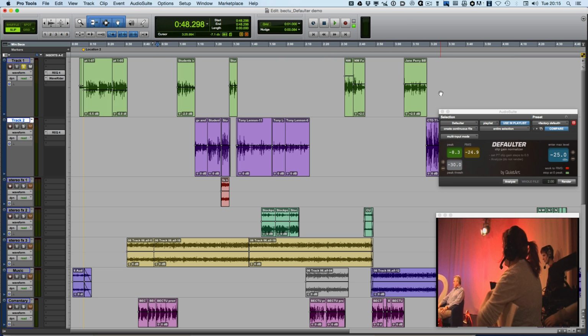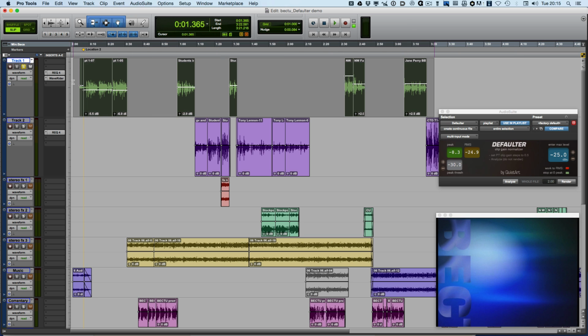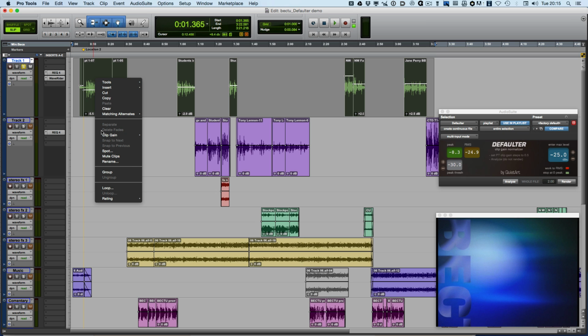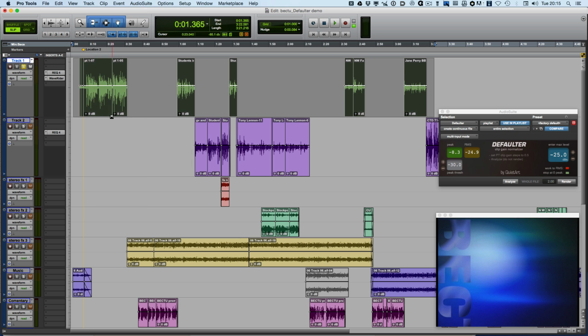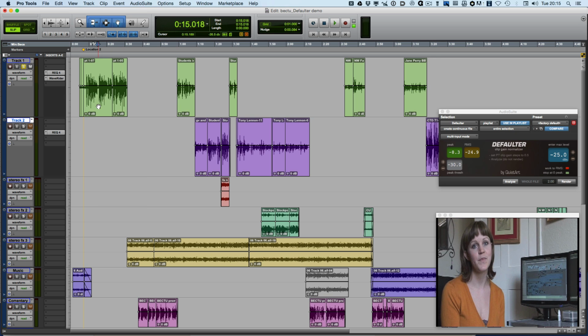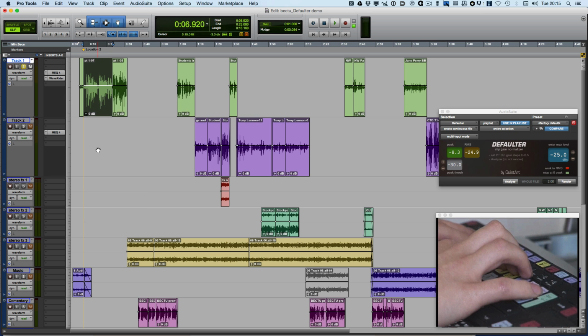Another way that I can do it is, if we just clear the clip gain out of here, so right click, clip gain, clear. So if I now select that, but I also select the track underneath, so now I've got both my sync sound tracks selected. Now watch what happens when I start